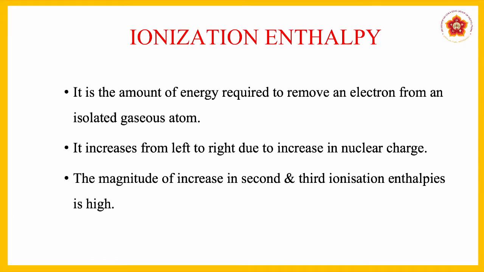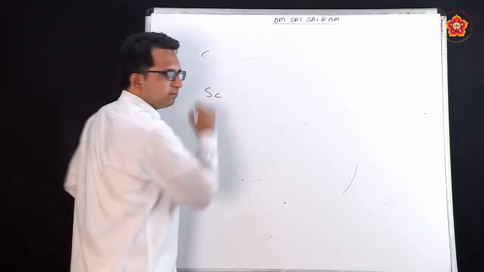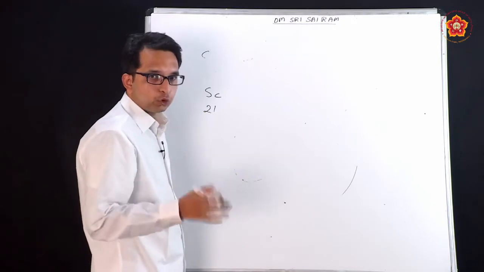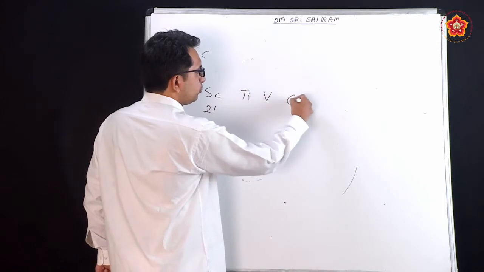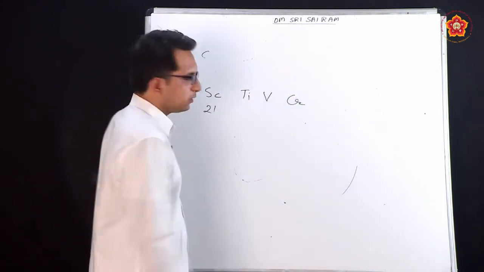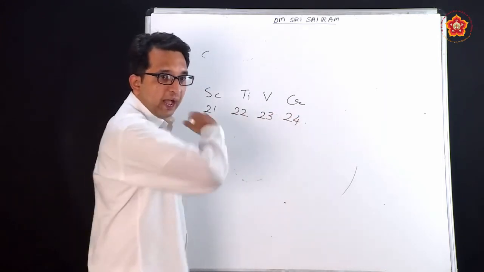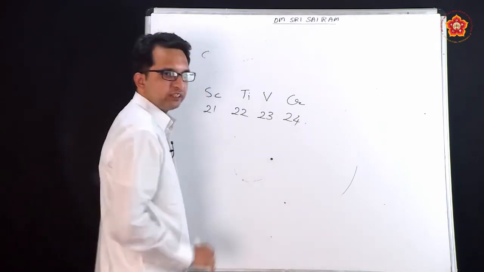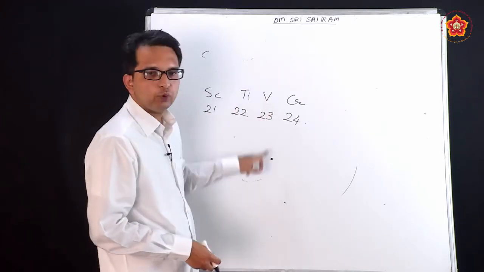As you go across the table, we see that scandium has 21 electrons, which means that it has 21 protons also. Go to the next ones: scandium, titanium, vanadium, chromium, like this it moves on till 30. And the numbers also increase: 22, 23, 24 and so on. As it increases, the number of protons in the nucleus also increases. Scandium has 21 protons, titanium 22, vanadium 23.